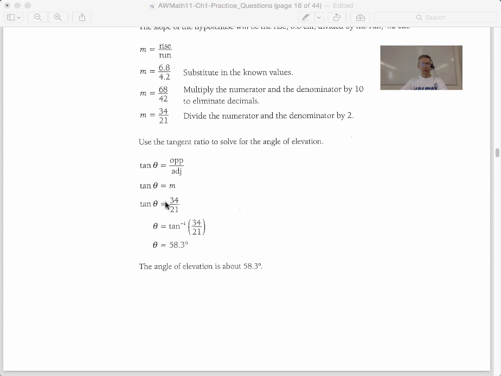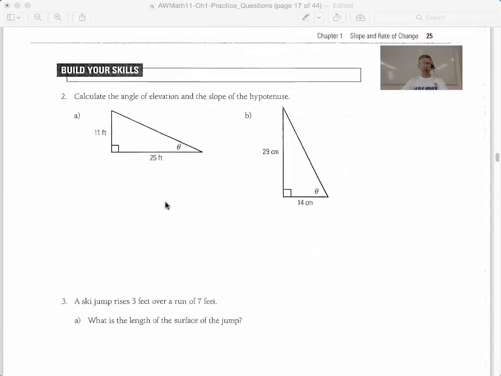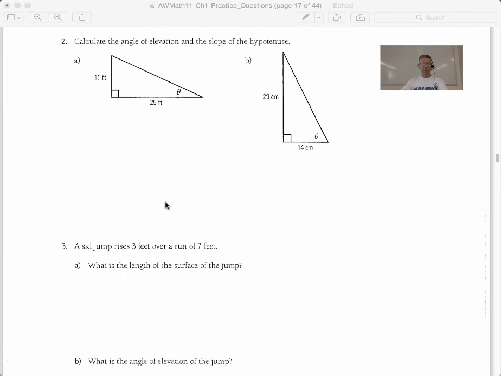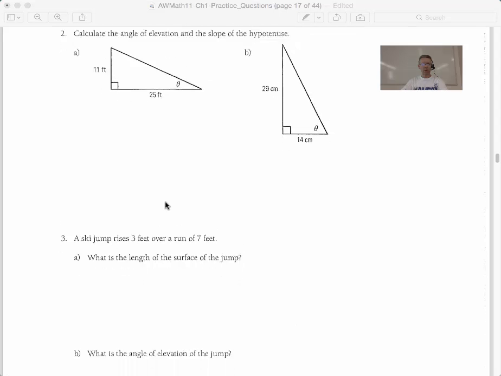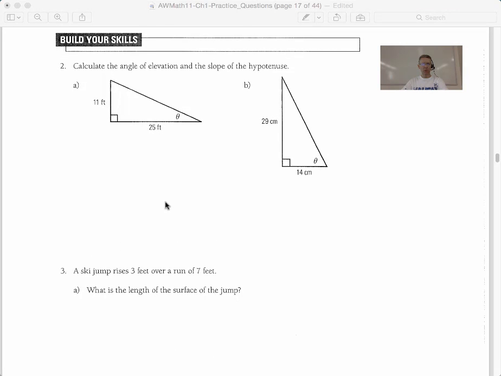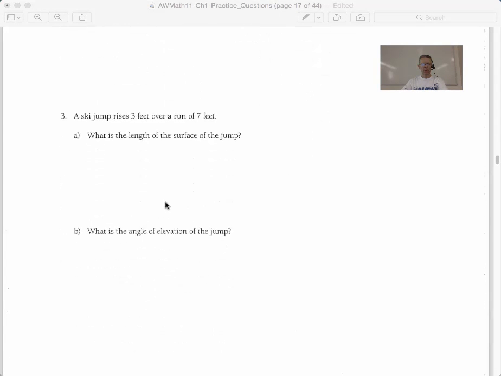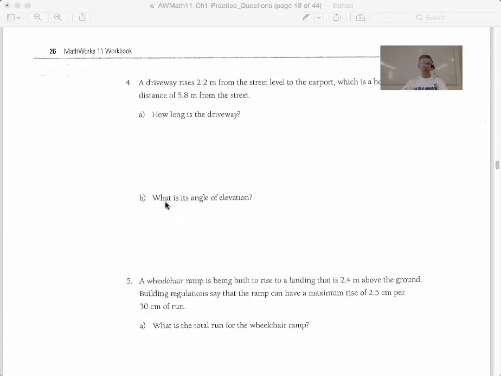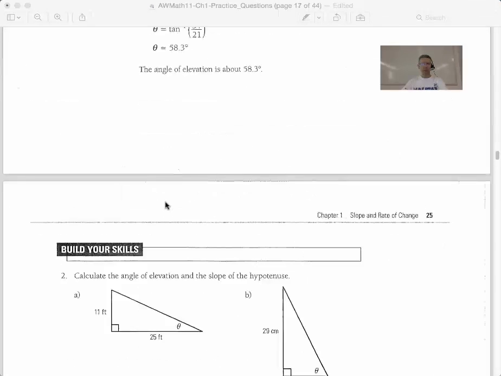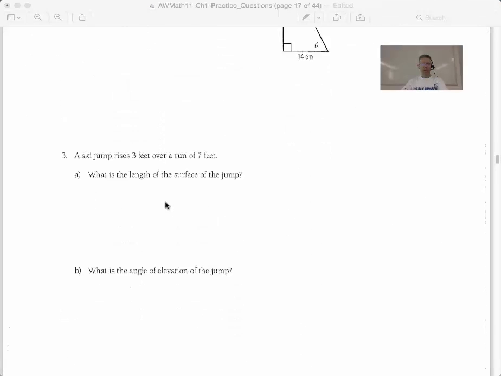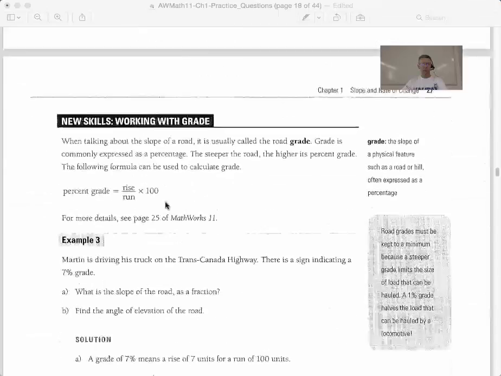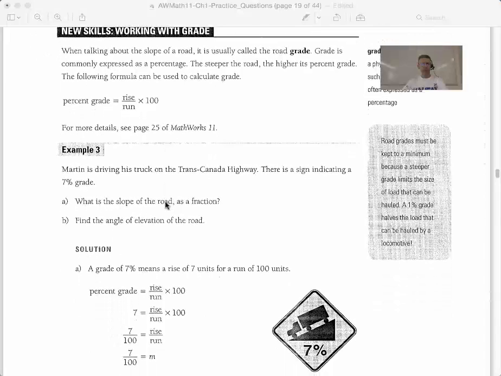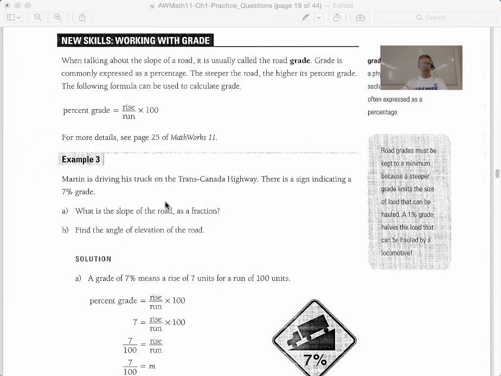So we'll just clear that. And building your skills, you can try one of these as you watch this video. Just pause and try one or two of these in your workbook. If you're getting it quite easily, that's great. So we'll go on to the next section here. We're going to run through this whole lesson. So example 3 here,